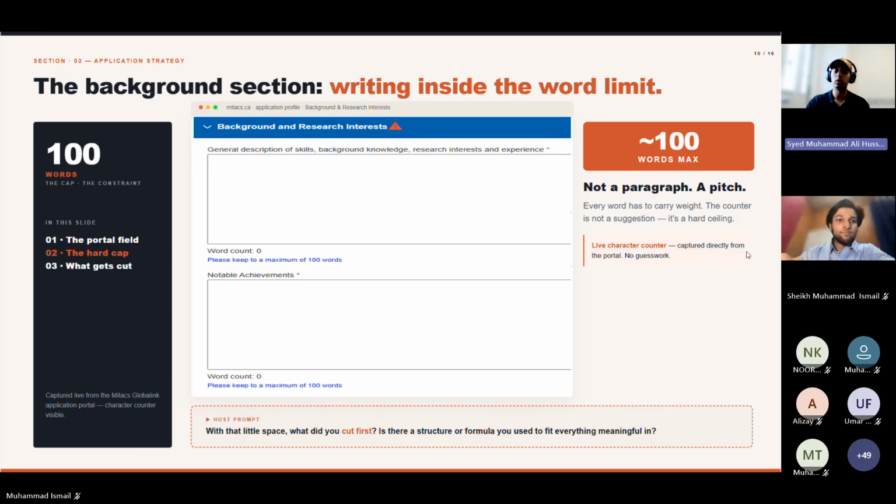But what I remember is one bullet point was on my skills, what skills I have. One was what projects I've worked on. One was what tech stack I know, what technology stack, robotic frameworks, all those things. What is my research interest? When I wrote research interest, I tried to align them with the projects I chose. And then the experience was what I've done in projects. I wrote about undergrad as well.